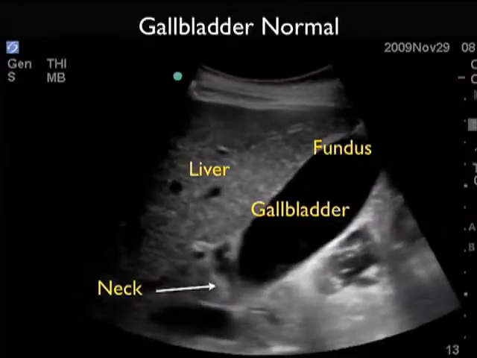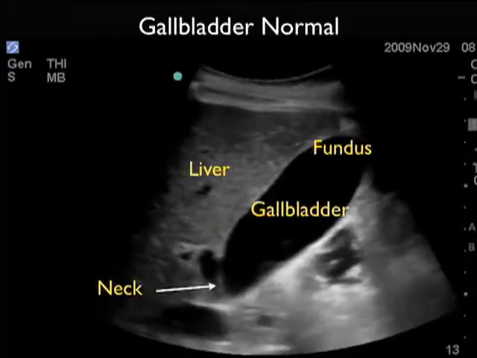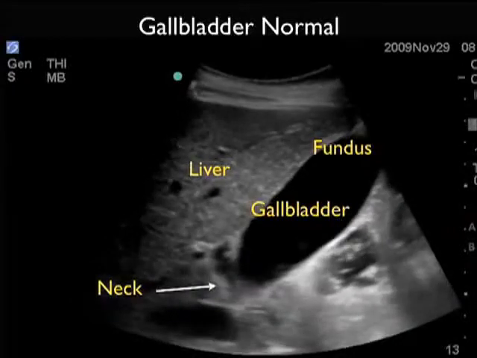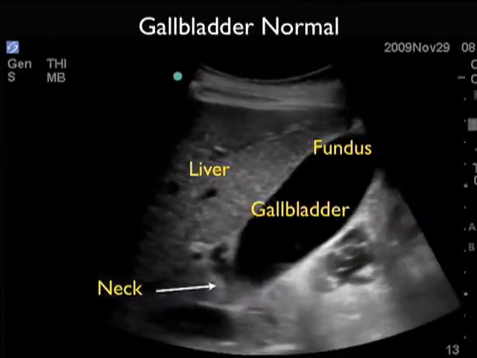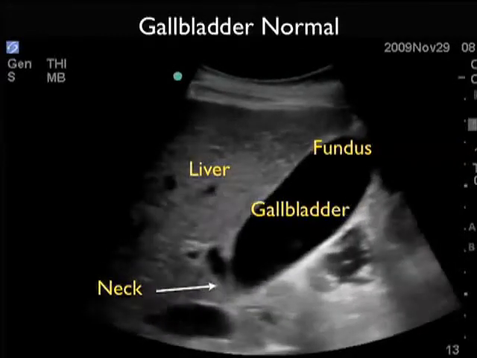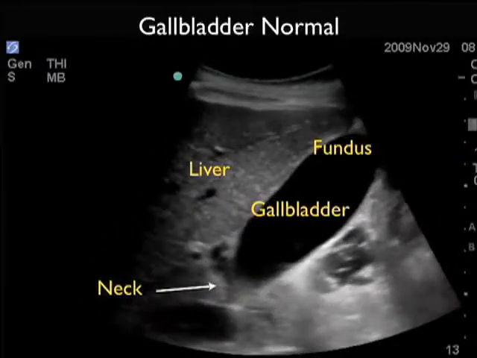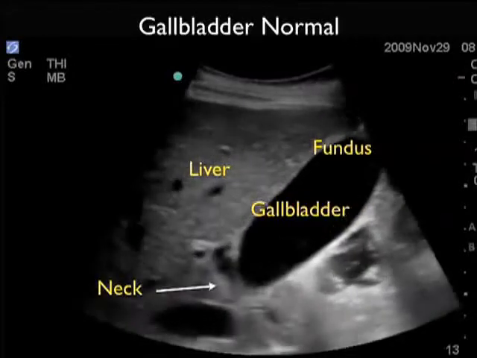As we look closely through this gallbladder, we see that it has the typical darker or anechoic appearance on bedside sonography, and that's because of the fluid within the gallbladder, that is bile. We see here the absence of any significant stones, and remember that gallstones would appear as brighter or hyperechoic foci